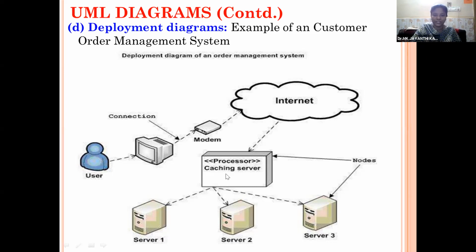the various activities by using the caching server. The nodes or servers are connected with the nodes. The nodes will provide you the various order, special order or normal order and confirmation of the order. So here in the deployment diagram, the various physical and software components are specified, and how they are deployed in our system. Overall system will be specified. The users, nodes, servers, internet connection, all the links will be specified in the deployment diagram.